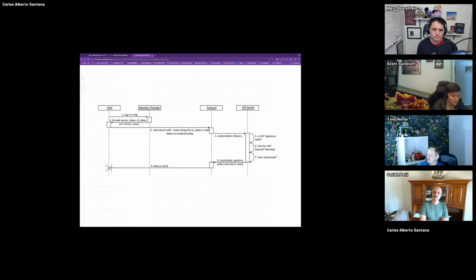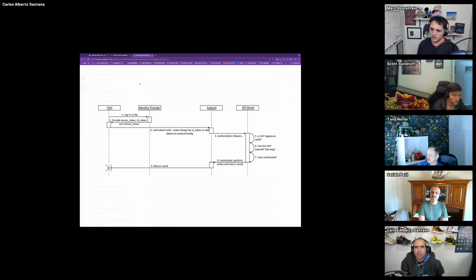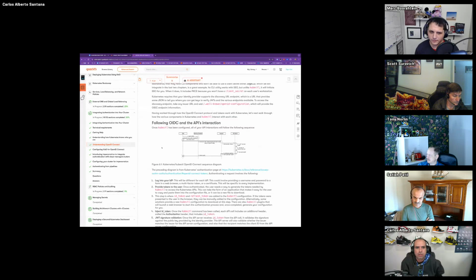I think it's less about Kubernetes having to do something different, and more about folks like myself who build the integration layers going that extra mile to configure our services to do that extra step.